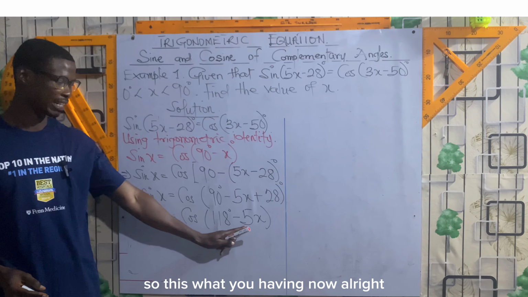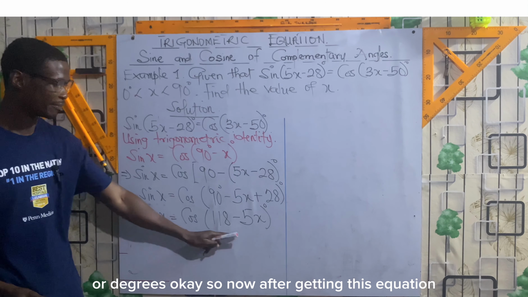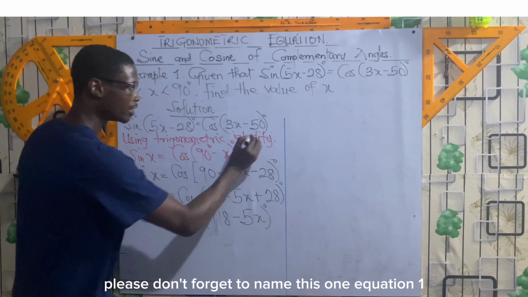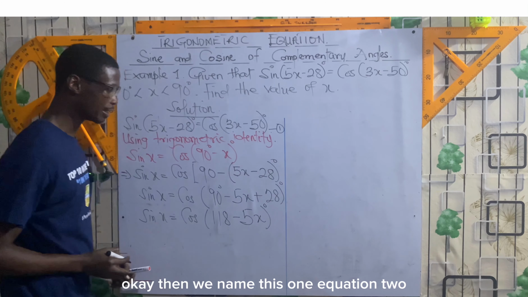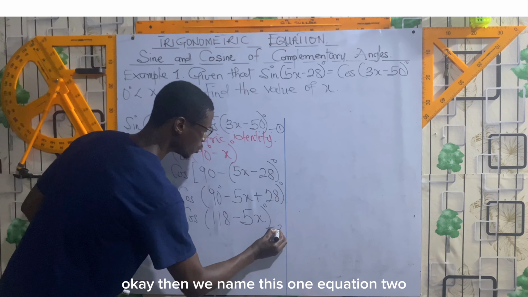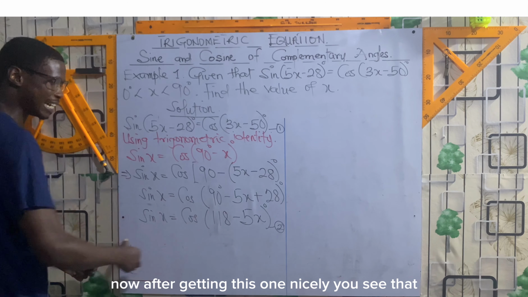So this is what we are having now, in degrees. After getting this equation, please don't forget to name this one equation 1, then we name this one equation 2. For the next stage, after getting this nicely, we say that